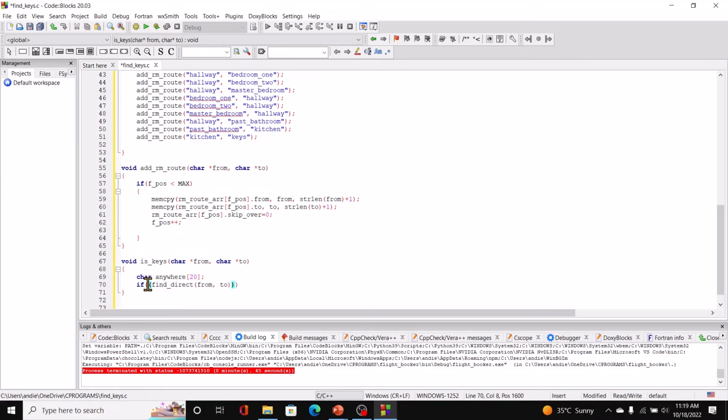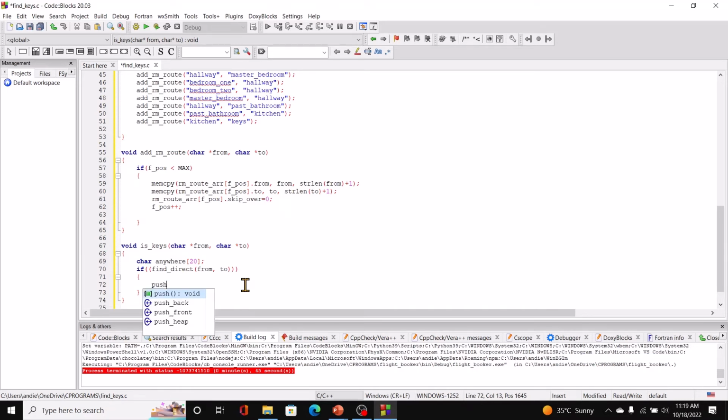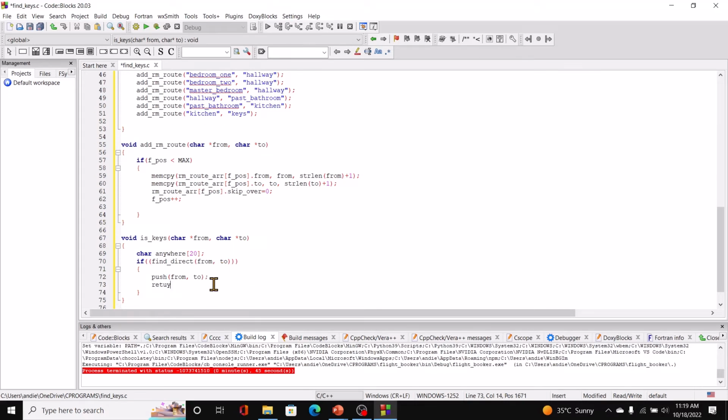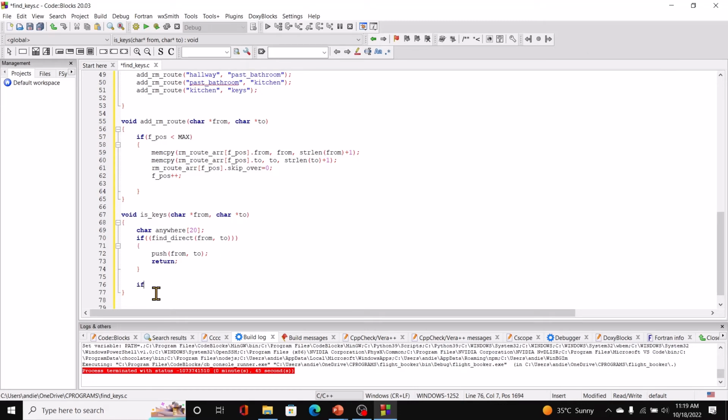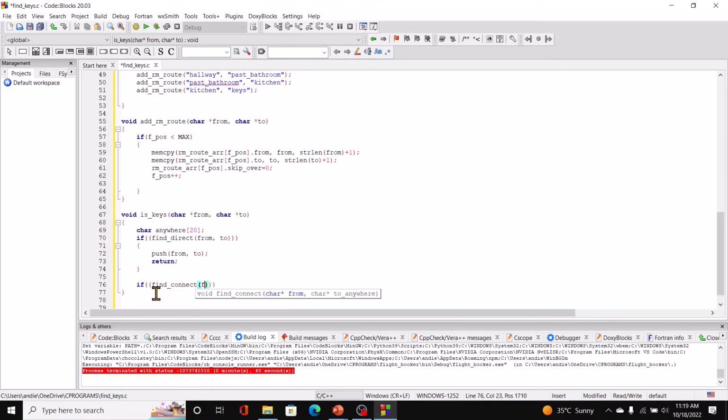That's the condition. So if this essentially returns a non-zero, as we know, then we'll push that route onto the stack, push from comma to, and we return. Otherwise we check if find connect from comma anywhere, then